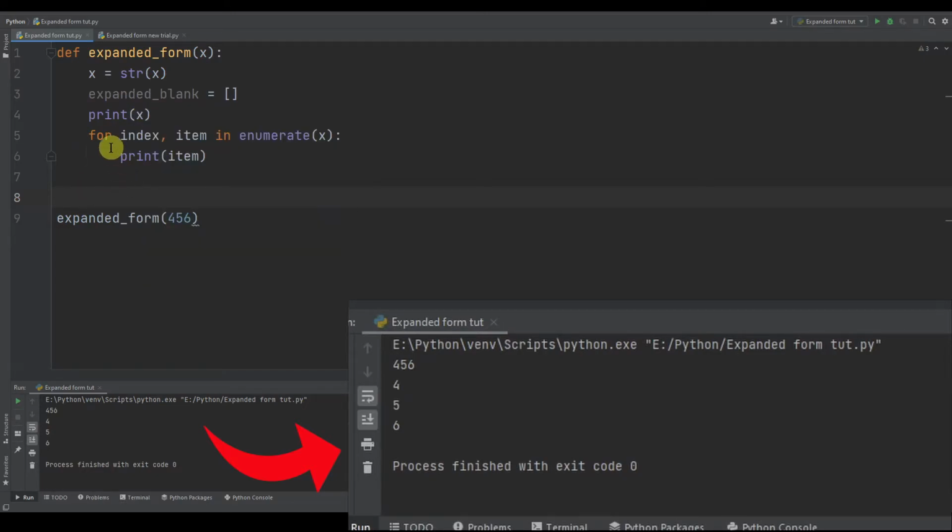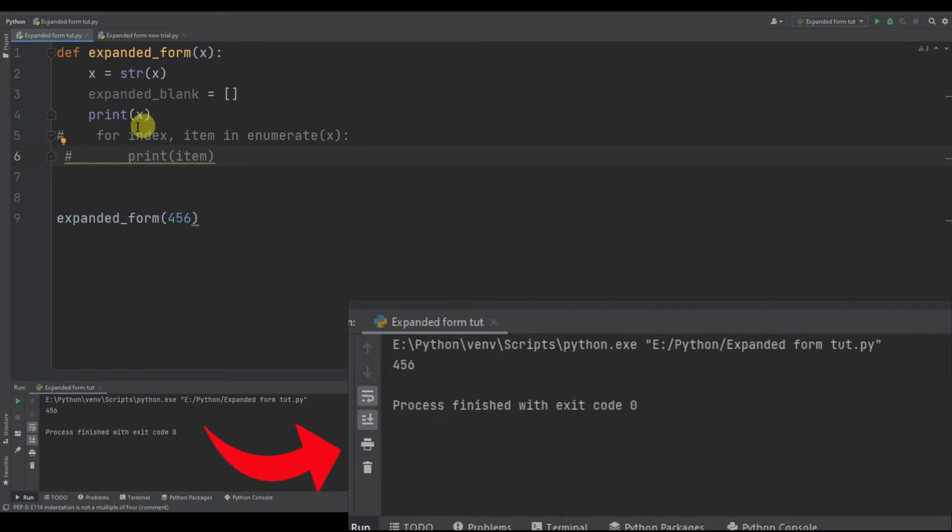Up till now, this is fine. I'll just comment this out. So now when I run this, we get only 456 that is converted into string. It is not an integer.